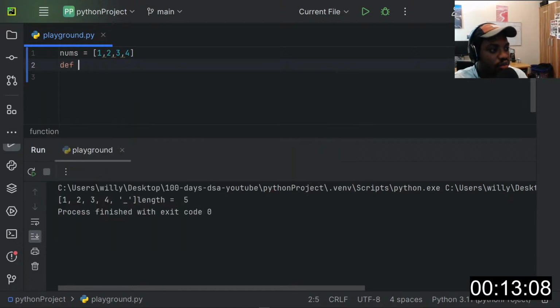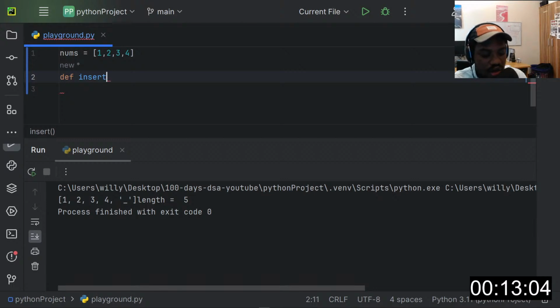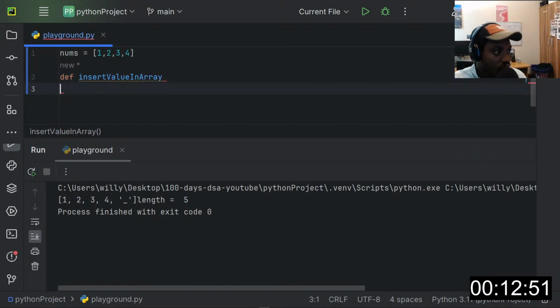So I'll just say define insert value in array, and we'll set this to be a function that accepts first of all,